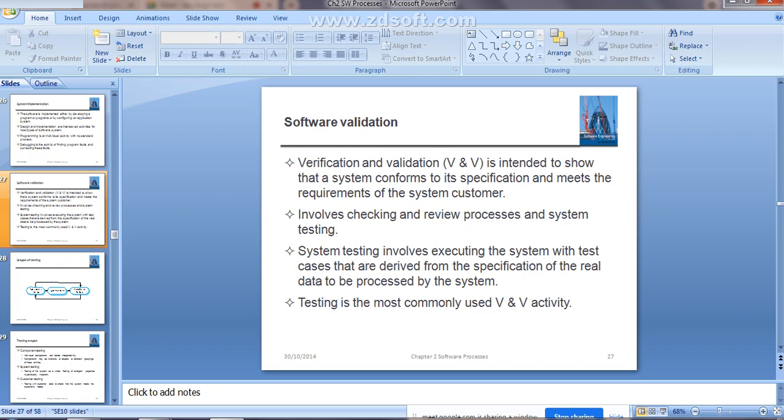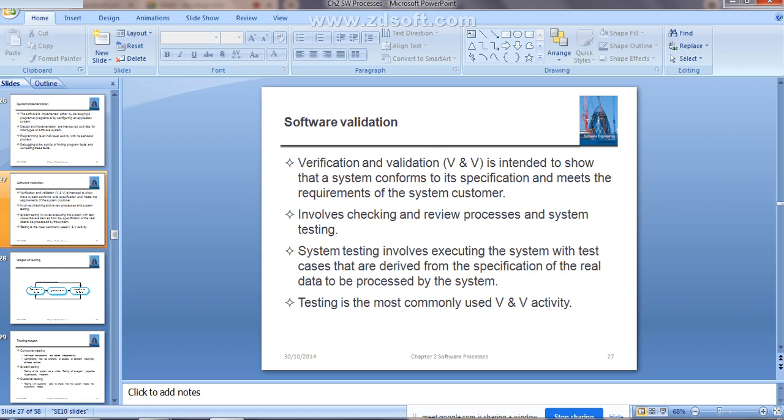That means you are going to do different kinds of testing on that particular system, to check whether it is working correctly or not. All that work is done in the software validation, and system testing involves executing the system with test cases that are derived from the specification of the real data that needs to be processed by the system.